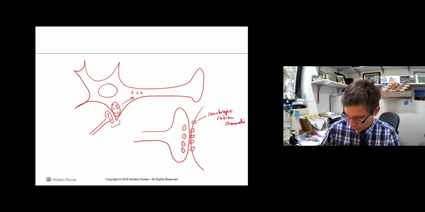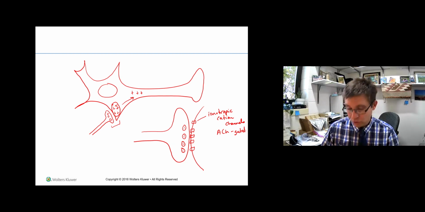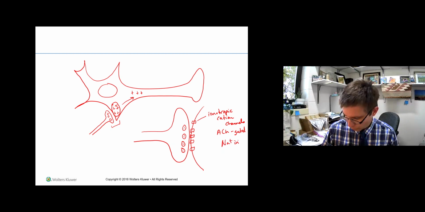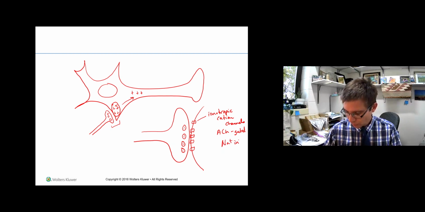And so they're gated. They're neurotransmitter gated or ligand gated. In this case, we'll call them acetylcholine gated receptors. And so when they open, they will let sodium in, a cation. So here's acetylcholine in the vesicle, and when it's released, when this fires an action potential, and we've got depolarization